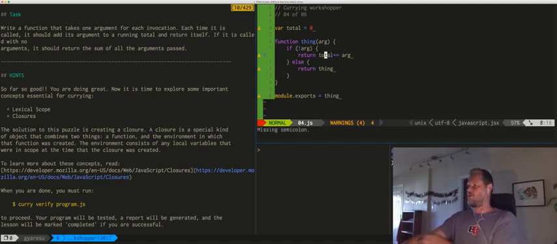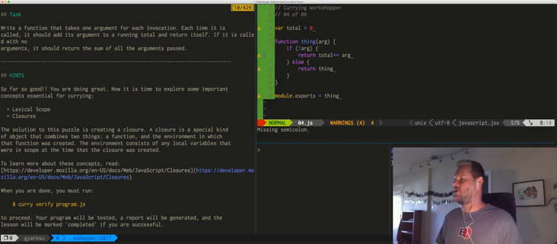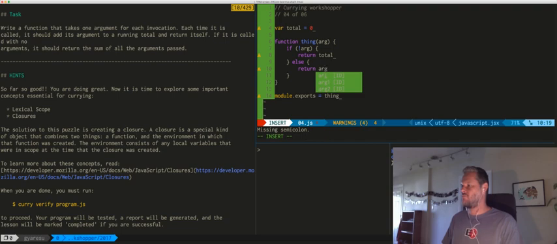Return total plus equals, no, that's, no. If no argument, return total, you muppet. Else, yeah, else return